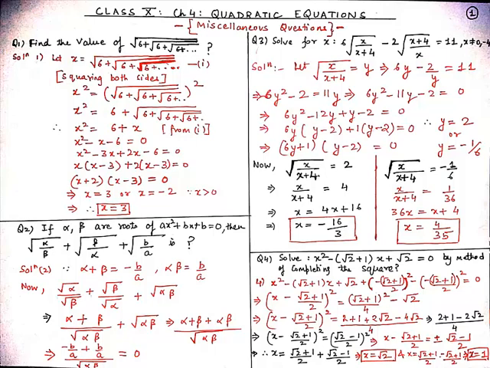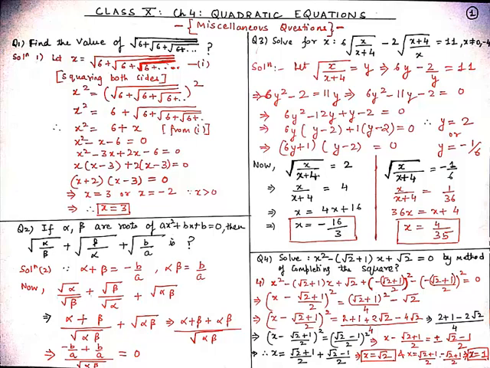I can write square root of alpha upon beta as square root of alpha upon square root of beta, and similarly plus square root of beta upon square root of alpha plus. We know that b upon a equals alpha beta, so taking square root both sides we get square root of b upon a, which is square root of alpha beta. From here by taking the LCM, we get root alpha into root alpha is alpha, plus root beta into root beta is beta. So in the numerator we get alpha plus beta upon root alpha beta, plus alpha beta.